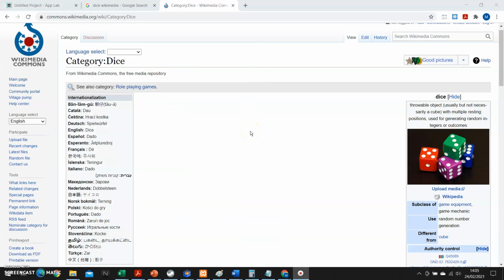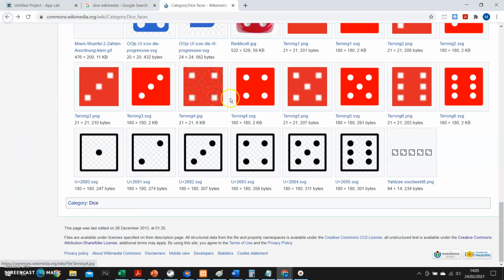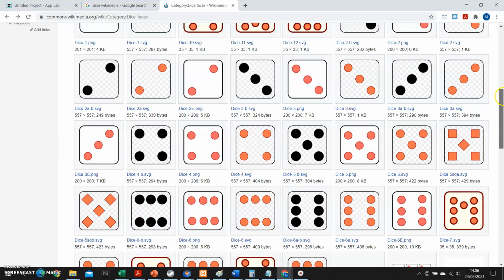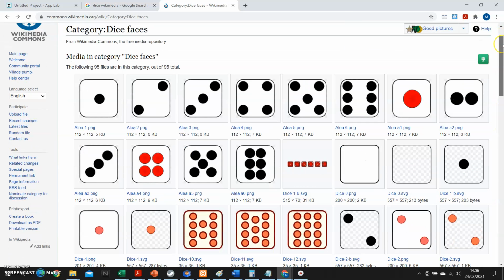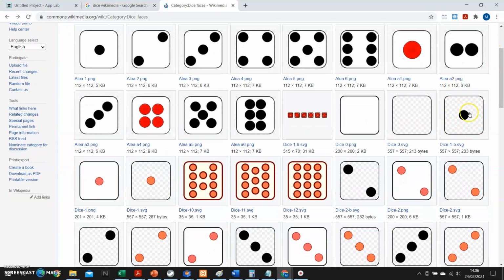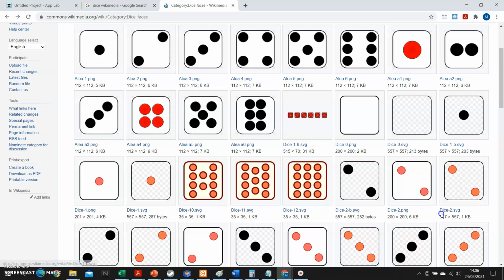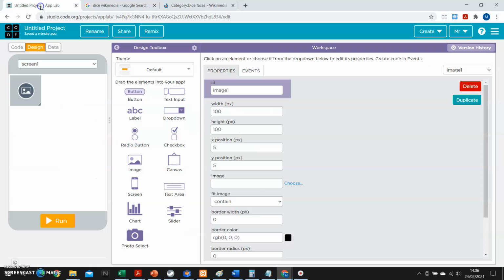To avoid problems with cross-site choices of images where they get blocked because you don't have permission, I'm going to try and get them from Wikimedia Commons. So I'm going to have a look for some dice faces, and there is a category called dice faces that has plenty of options available. I'm going to go for this one here, which is transparent, so dice 1B, and I should just be able to right click on it, copy image address, and then come back to my project and put that in to